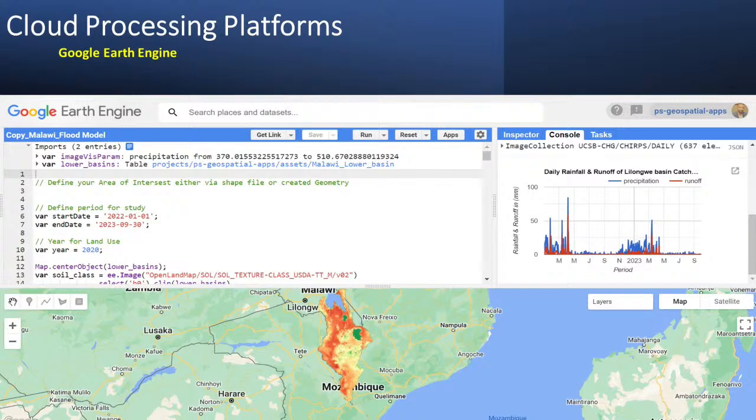And this is one of the cloud processing platforms that I spoke about, where I ran a model to look at the rainfall and runoff situation within the